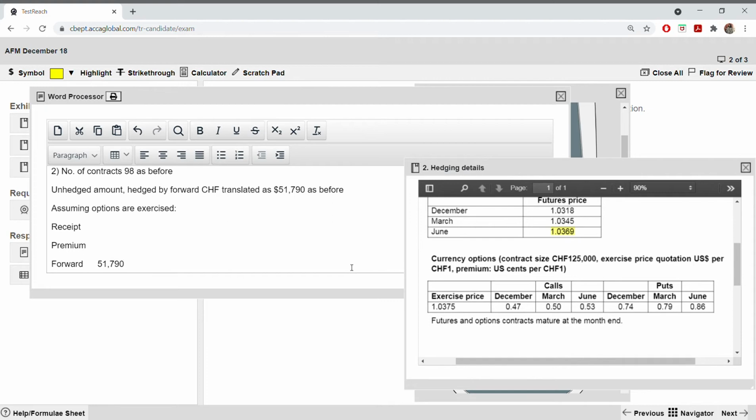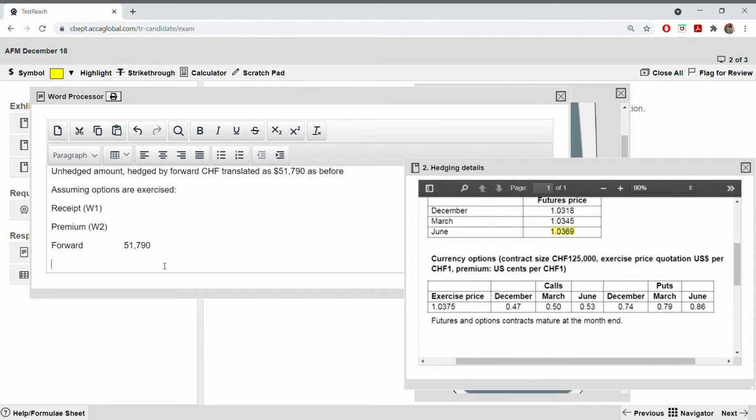Receipt and premium we have to calculate. This will be working 1 and working 2, W1 and W2. So this I'll just put it here so that all are aligned. Do you see? I am taking care of the accuracy of my calculation and also the presentation, how I'm presenting my number, how I'm labeling it. You have to work on all these things. You are putting your receipt somewhere else, your forward is somewhere else. It's true you're adding all the three numbers, but there has to be some consistency, right? So you have to take care of your presentation.